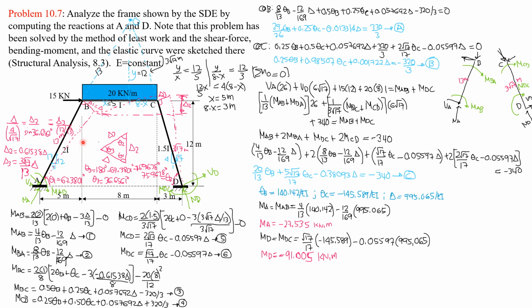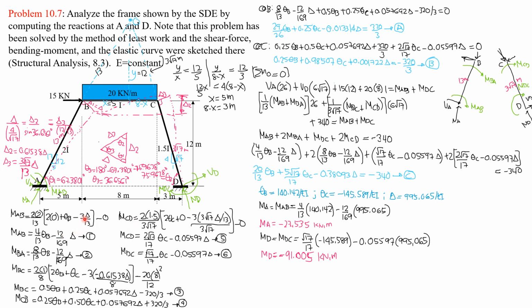It's up to you. So solving for delta 2 in terms of delta is sine 36.6561 degrees divided by 4 over square root of 17, and that is 0.61538 of delta. Meanwhile, delta 3 is 12 over 13 divided by 4 over square root of 17. So it is 3 square root of 17 over 13 of delta. That's delta 3 in terms of delta also.